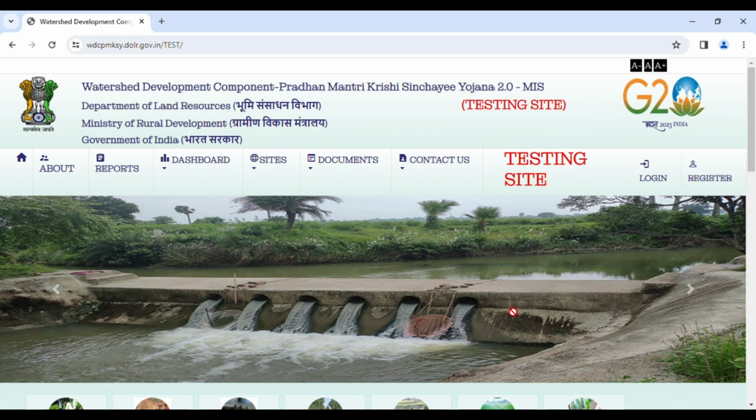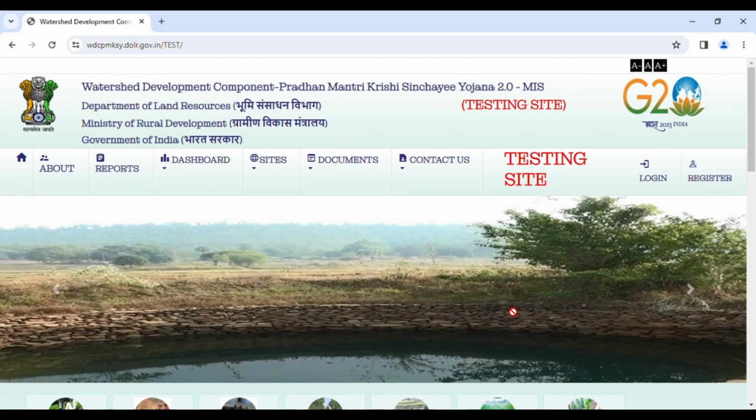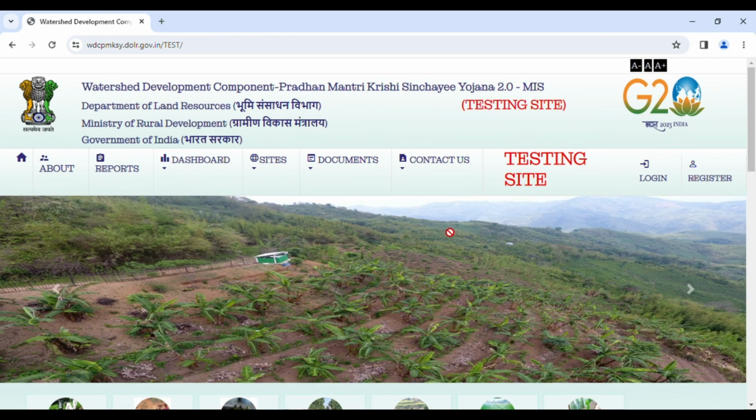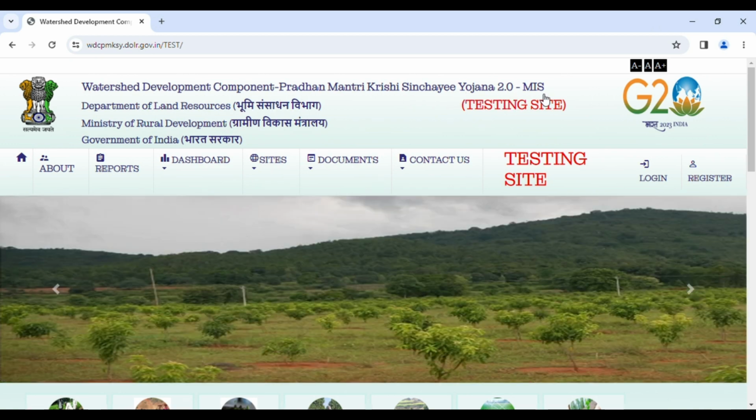during project implementation. To achieve this, you have to use your PIA user login and password to log into the WDC PMKSY 2.0 MIS portal. In order to do so, click on Login,